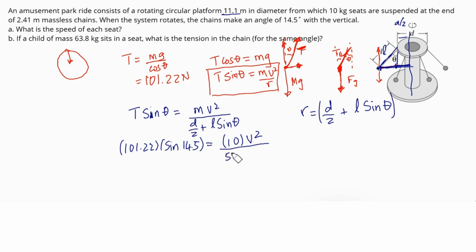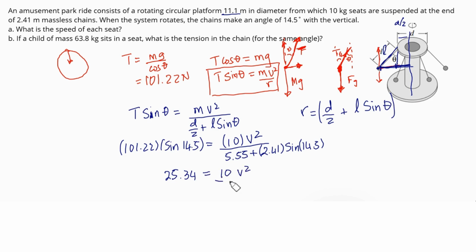So that would be 5.55 plus L, which is 2.41, times sine of 14.5. And so on the left-hand side, times sine of 14.5 gives me 25.45, sorry, 25.34 is equal to